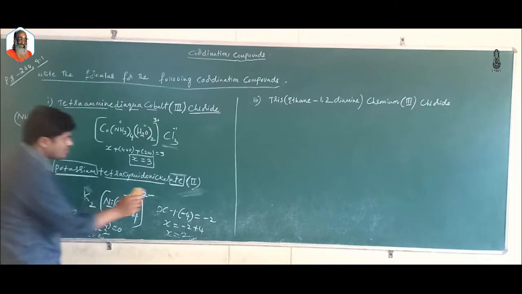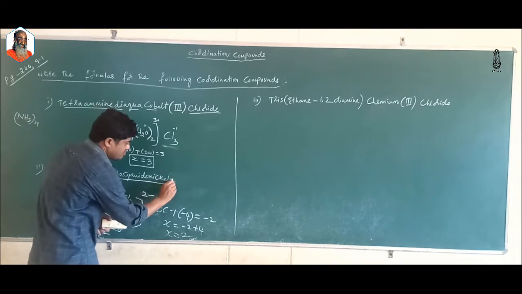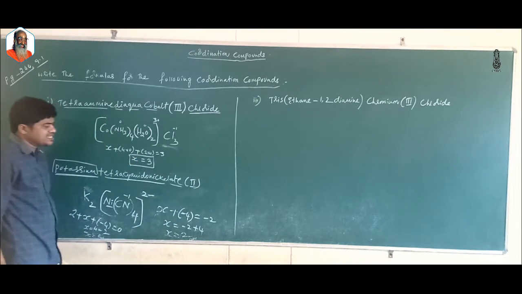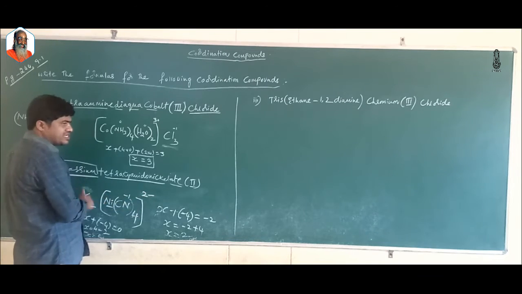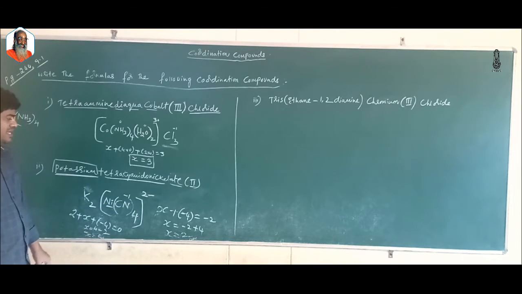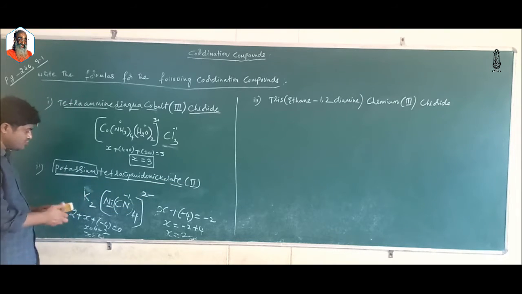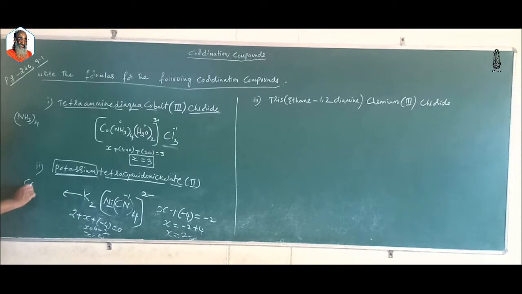So nickelate(II), it is given in your textbook. This -ate tells us that there is a negative charge on the complex. How did it get a negative charge on the complex? Definitely there should be some cation. As it is 2, there should be 2 minus, so definitely there should be 2 potassium ions outside the coordination sphere. These ions are called as what? Counter ions.